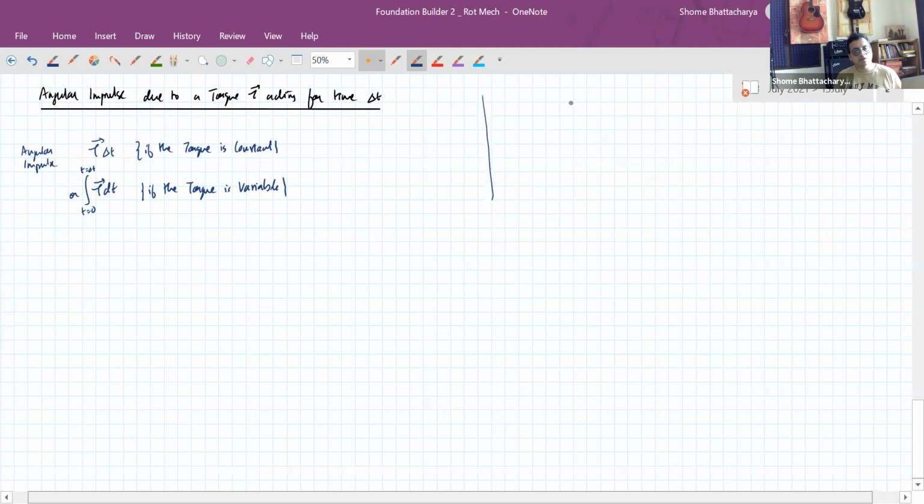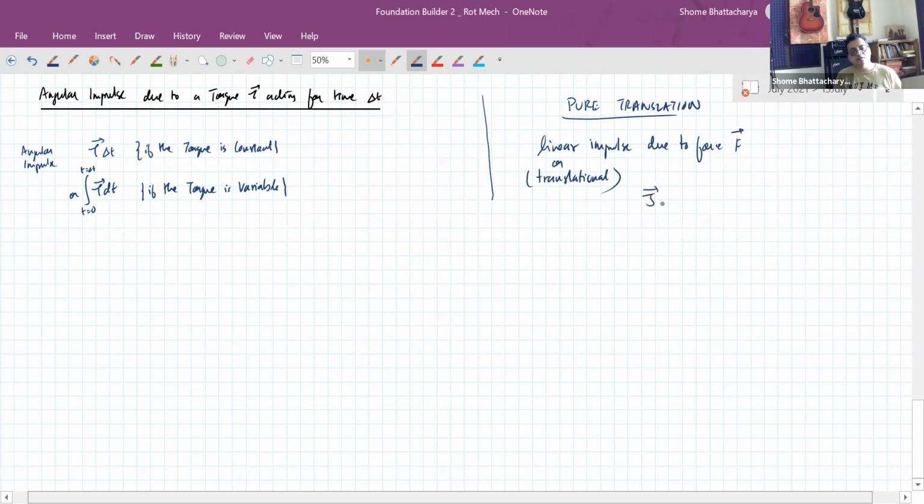When we talk about pure translation, in that we talk about linear impulse, linear or translational impulse due to force F. So it was defined as F delta T or integration of F into dt over the time, depending on again whether the force is constant or variable. So like that,